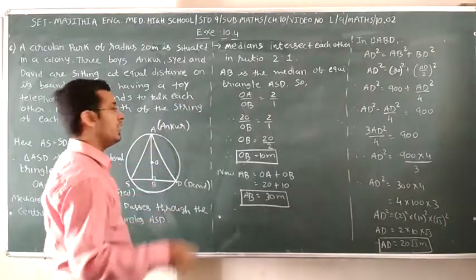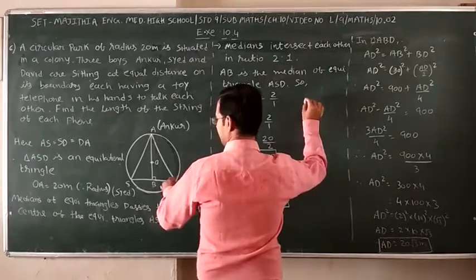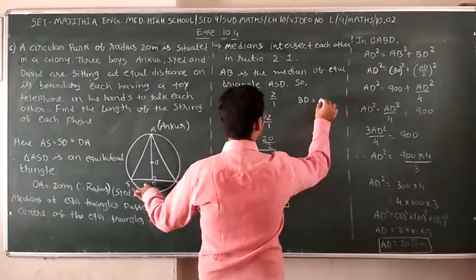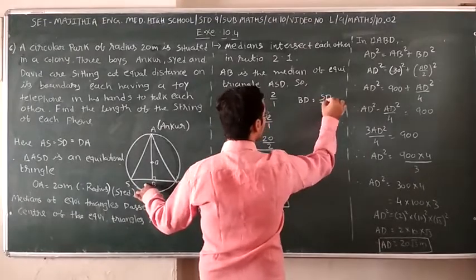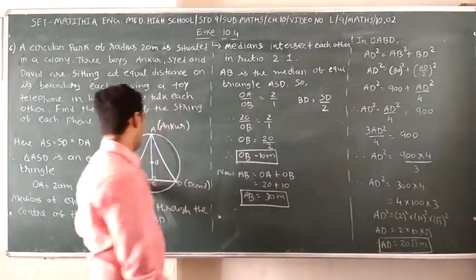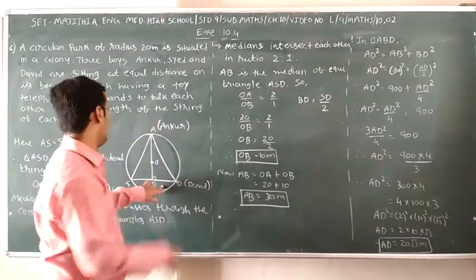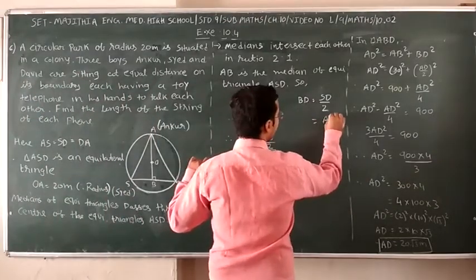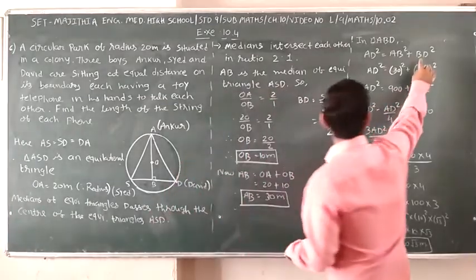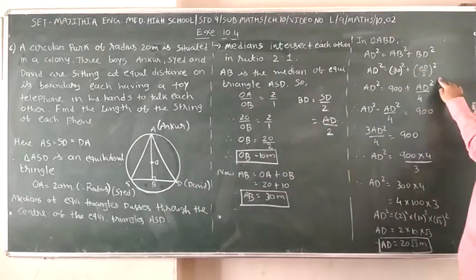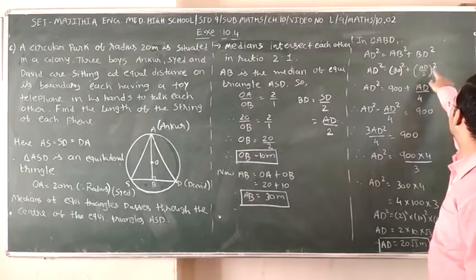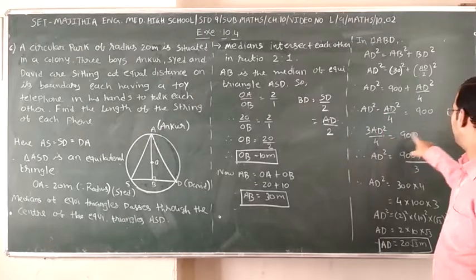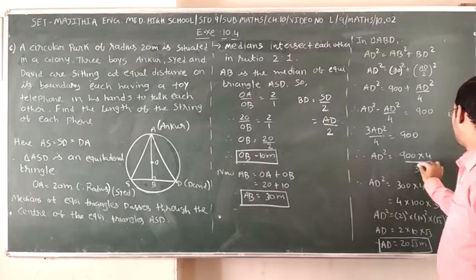Why do we take AD here? Listen. BD is equal to SD by 2, so if we do SD upon 2, we get BD. SD is equal to AD, so we can write AD by 2. That is how we get BD is equal to AD by 2. Now 30 square is 900 plus AD square by 2 square, which is 4. Shifting to the other side, 4 ones are 4, 4 minus 1 is 3. 4 on this side, 3 in the denominator.